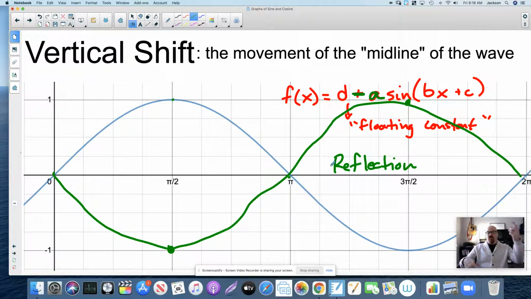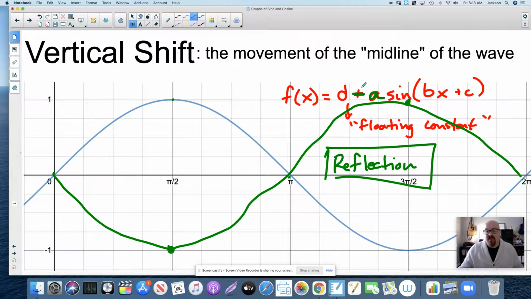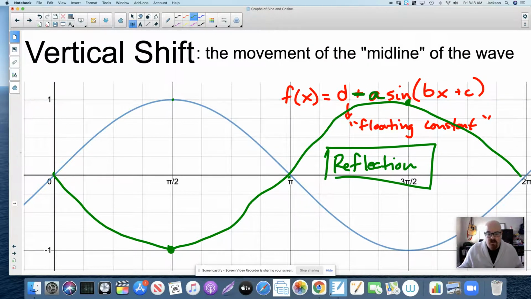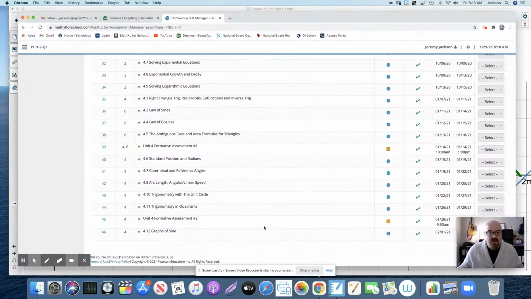So it flips the whole thing over when the coefficient of sine is negative, the whole graph flips over. So that pattern of critical points is flipped over as well. Intercept, min, intercept, max, intercept. Even though I don't believe you'll ever technically be asked for the reflection, you need to understand that changing the coefficient here to a negative will flip the graph over. Let's take a look at some of these